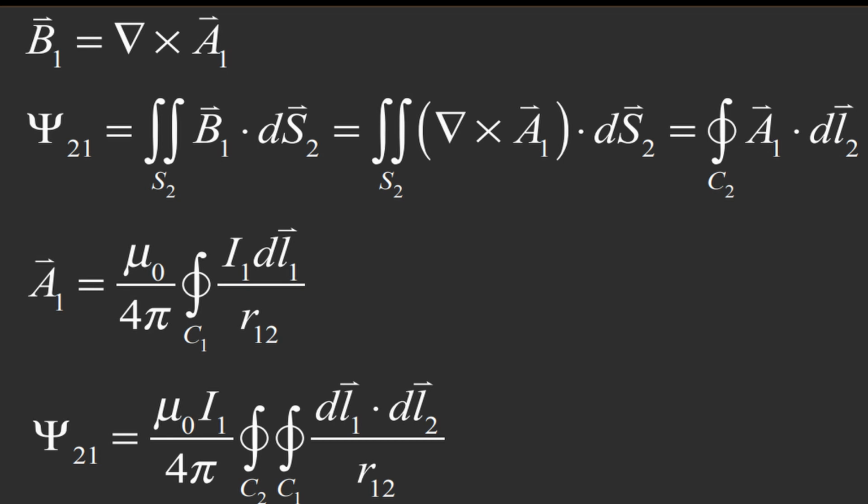Then we apply Stokes' theorem to find an explicit expression of the flux. Then, with the expression of φ, we divide by I, we can find that M21 equals φ21 over I1,